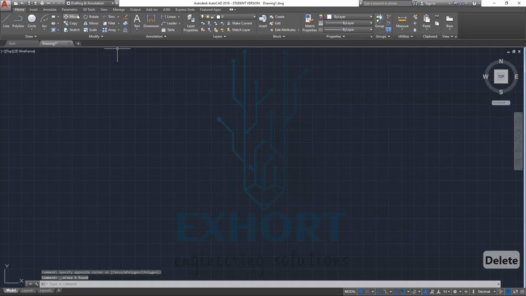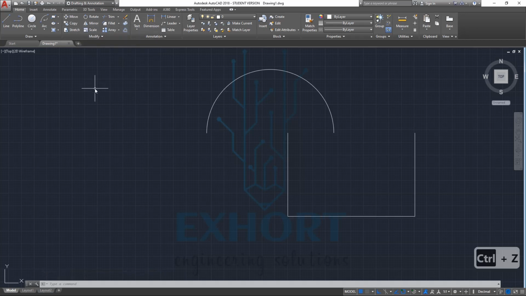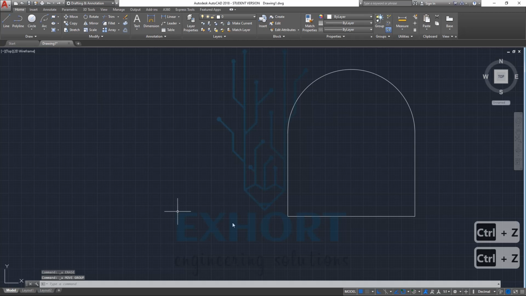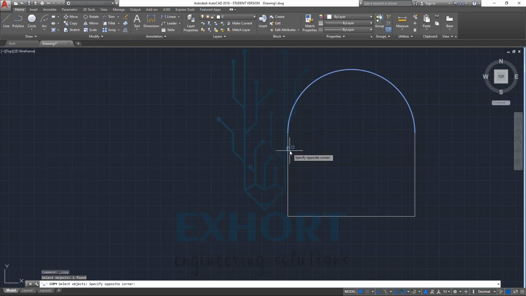Now we will see the copy command. Just like move, we can copy objects. We will see how to use it. Just select the copy command. Now we have to select each object you want to copy. I will drag and select these four, and I want to copy them from here to here.